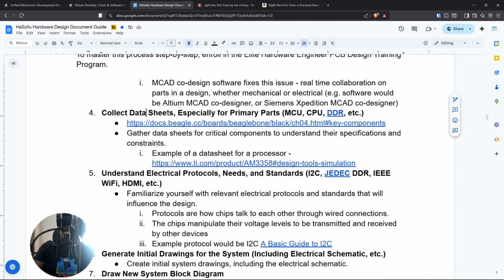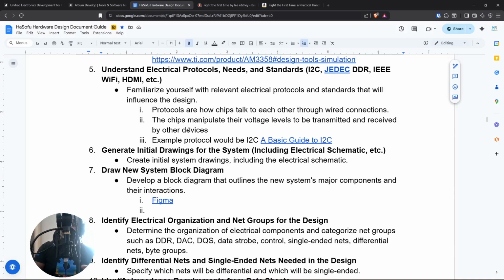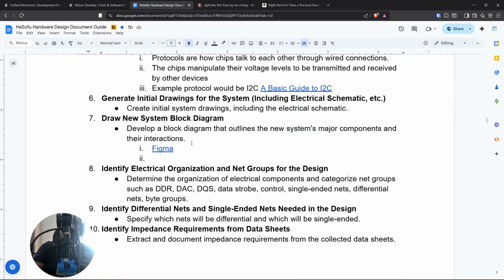Okay. The electrical engineer would then do things like collect data sheets. Once they know the parts that they're going to use in general, okay, this is not a hard set in stone rule. But once they generally know what circuits they're going to do to meet the functional block diagram that they made based on the requirements in phase 1, then they can start selecting key parts. Like maybe you need an NVIDIA chip because you're making an AI board. Maybe you need a microprocessor from Texas Instruments or whatever. They start collecting that information, okay? Because these data sheets could disappear. Now I'm glossing over these things. If you want my in-depth